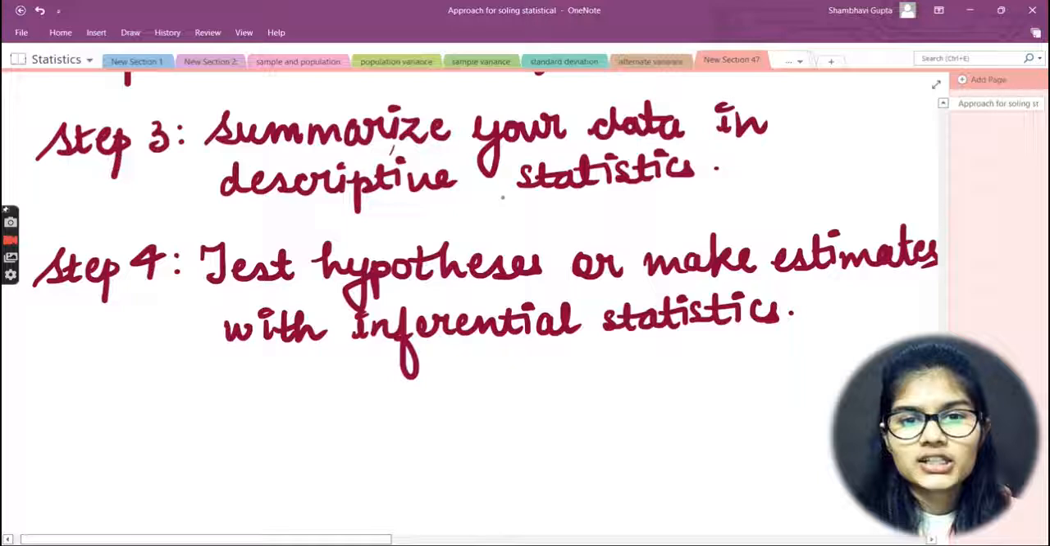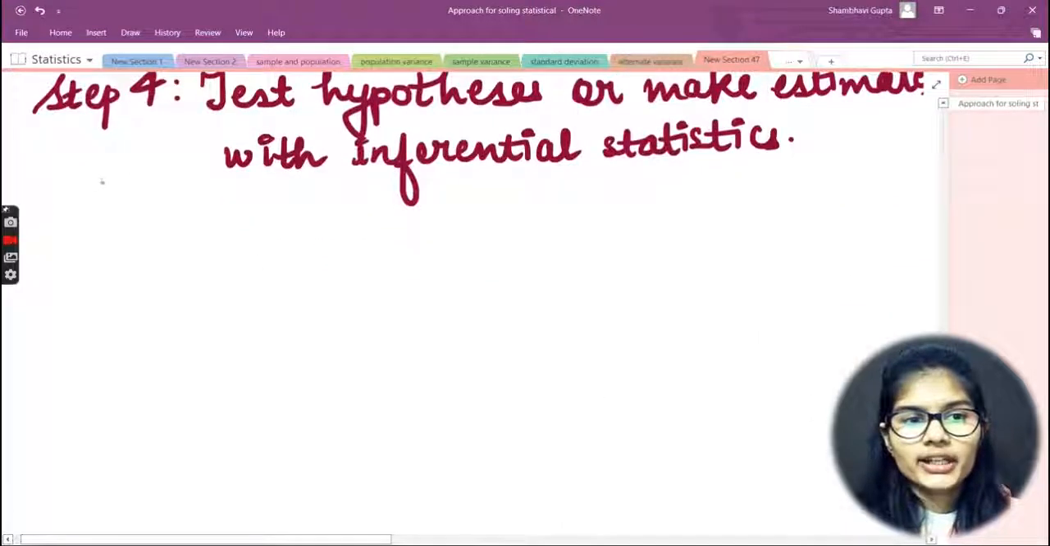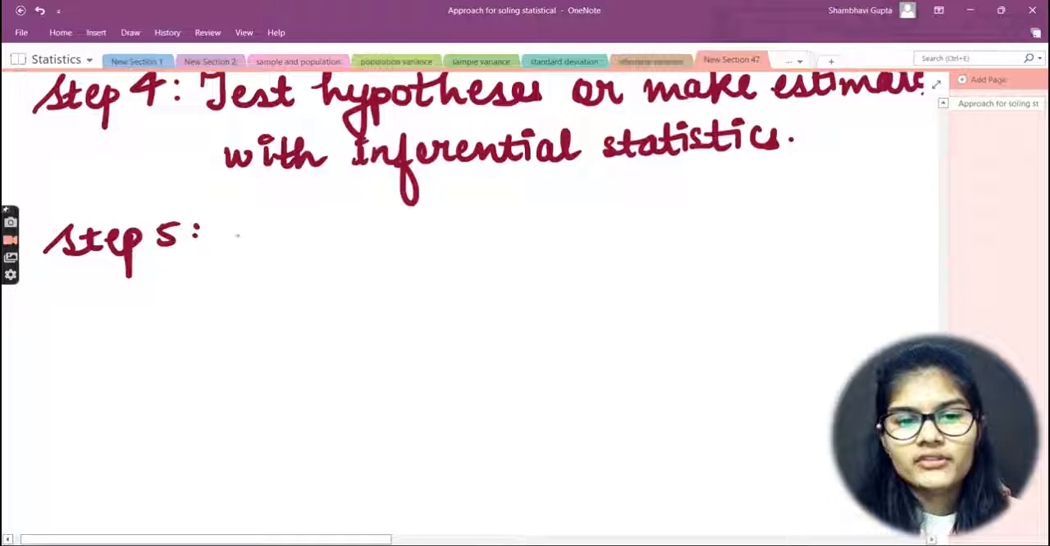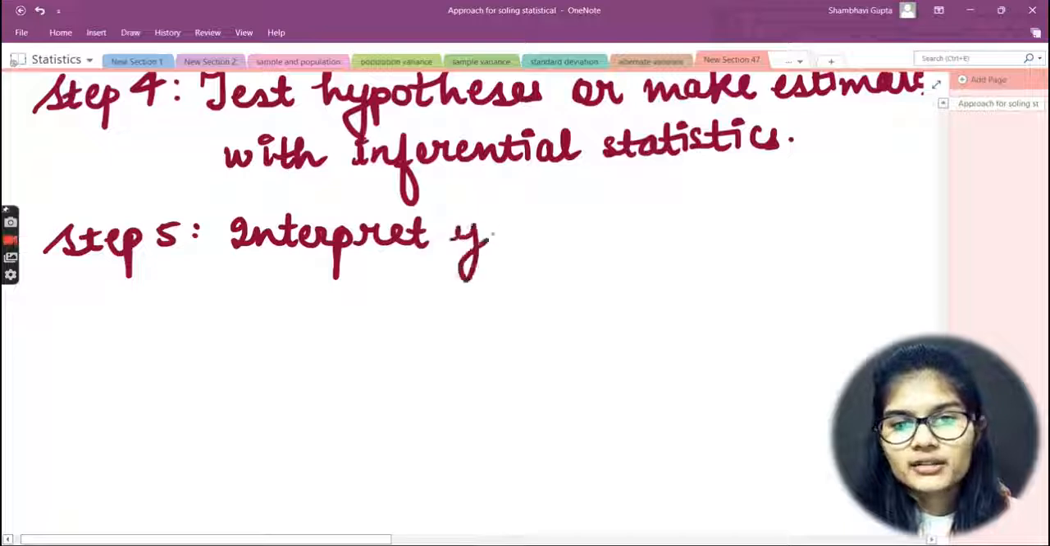So it's not the case that one type of statistics is used and the other one is not used. No. First of all, descriptive statistics is used, and then comes the use of inferential statistics. Okay. And now, going further up with step number 5, you have to interpret your